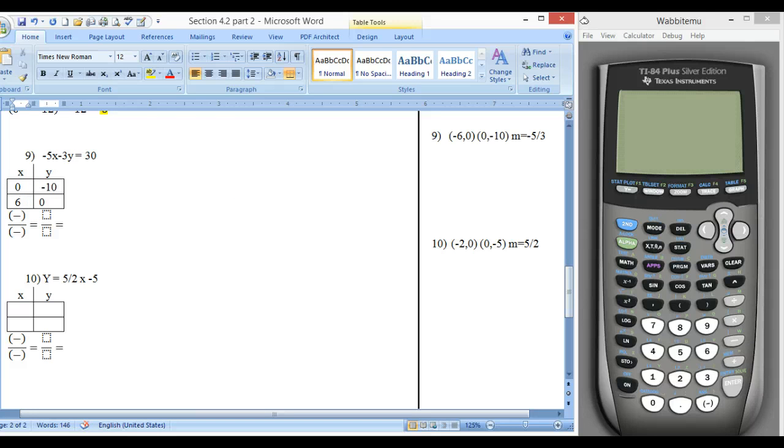If you're doing this on your own paper to follow along, I suggest that you write down all of these steps. I'm simply not doing it because of the formatting here. All right, so now I have negative 10 minus 0, and then the x that coordinates to the negative 10 is 0, 0 minus 6,